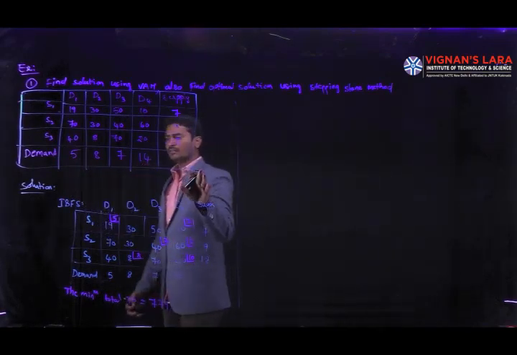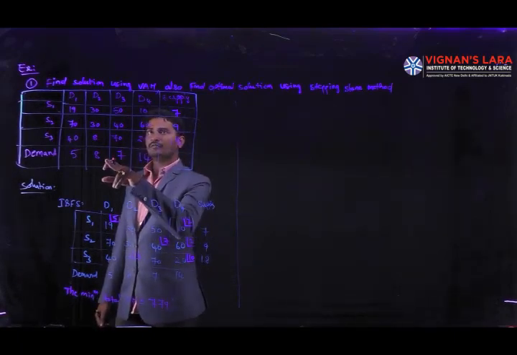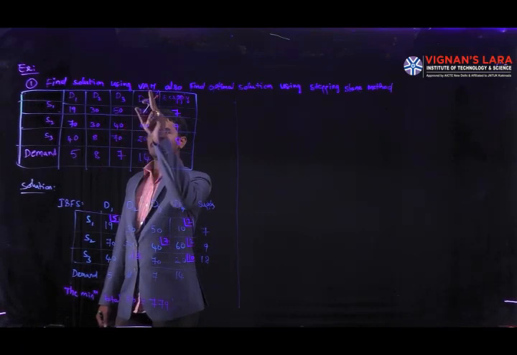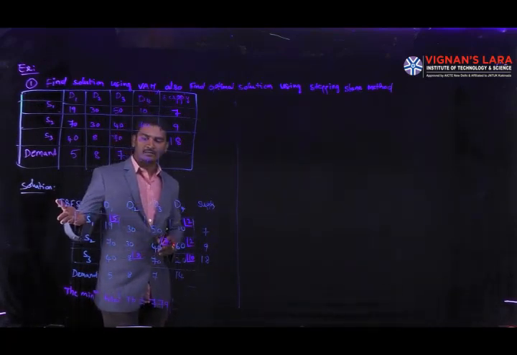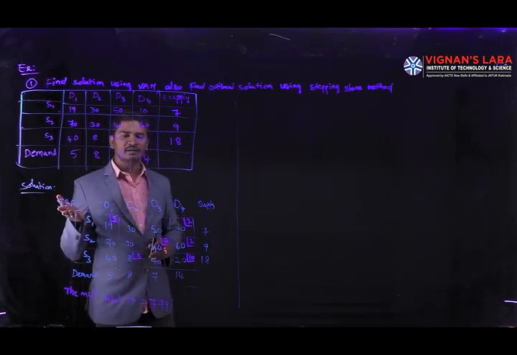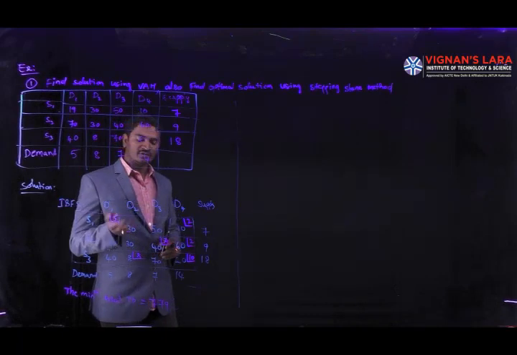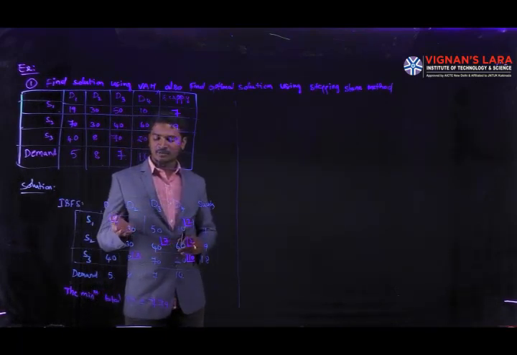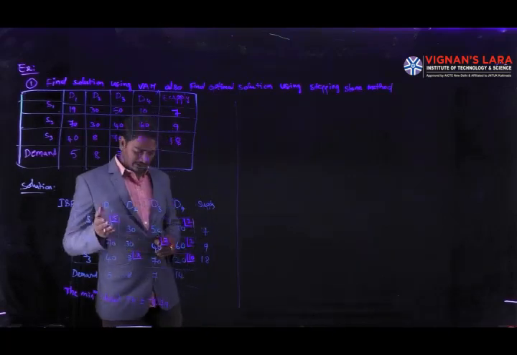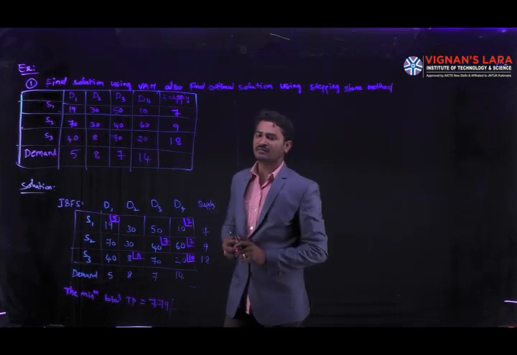Okay, after this we are going to find the initial basic feasible solution with the help of the VAM method. Here I wrote the solution directly. Why? Because we already solved many problems with the help of the VAM method, and then finally I wrote the solution. Here I would like to give one small explanation about this table, how we are getting the initial basic feasible solution in the VAM method.